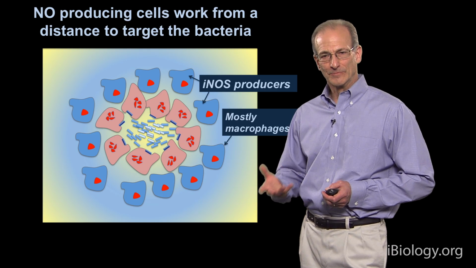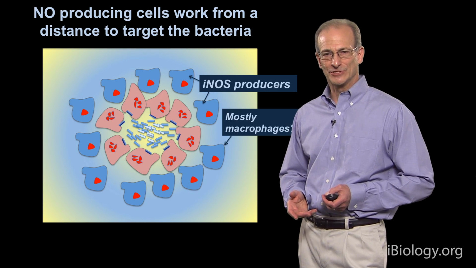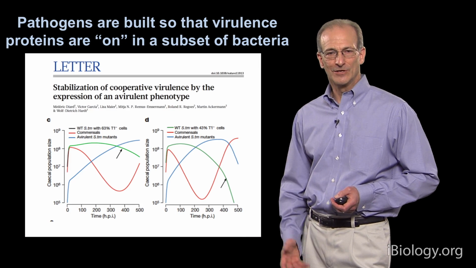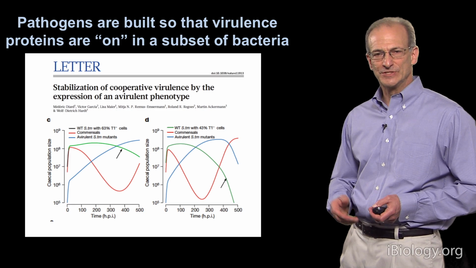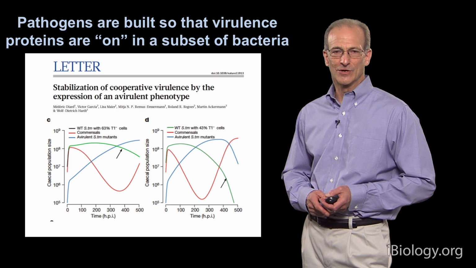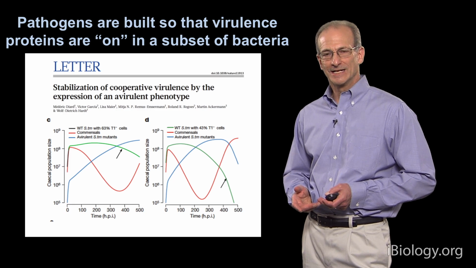All right, so now, why do we think this is important? Do we think that this is a general model for how all pathogens work? And so our way of thinking about this is colored by work that was published last year in Nature by Hart and Ackerman and co-workers, who demonstrated that in the case of salmonella, that if bacteria